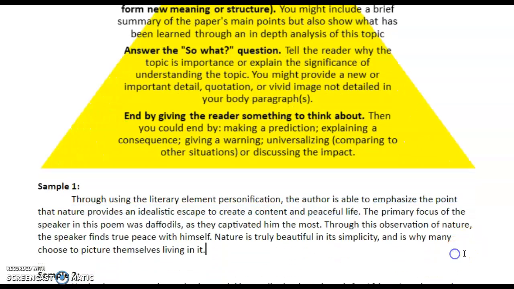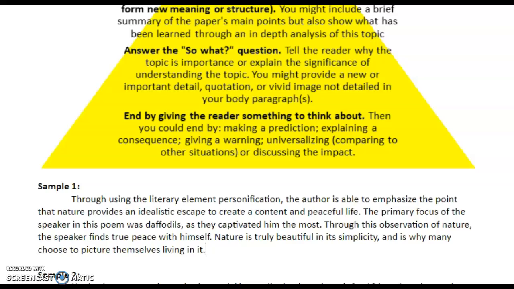The first one is not the greatest, and I only say that because it was written on the poem I Wandered Lonely as a Cloud, and that was really just about going into nature and finding peace. And I feel like besides mentioning connections to nature, how else can you really universalize that? Like, are you going to go tell someone, go pick a dandelion and you'll feel better? I don't know. But the person still does the job, and that's what I want you to see through the